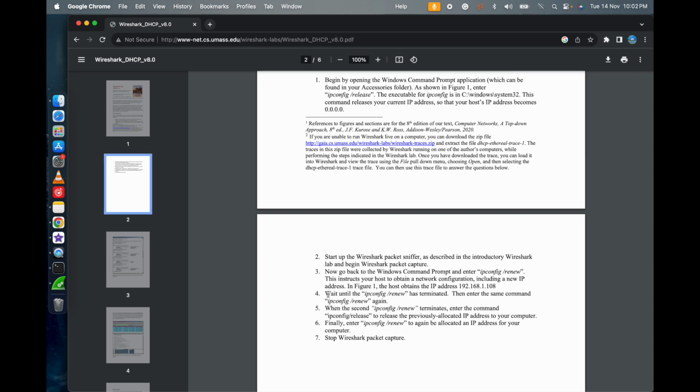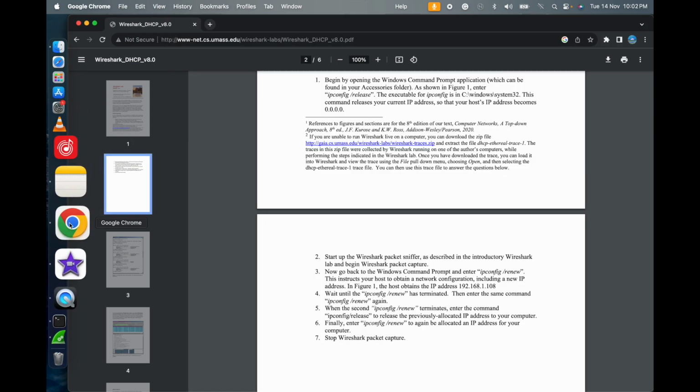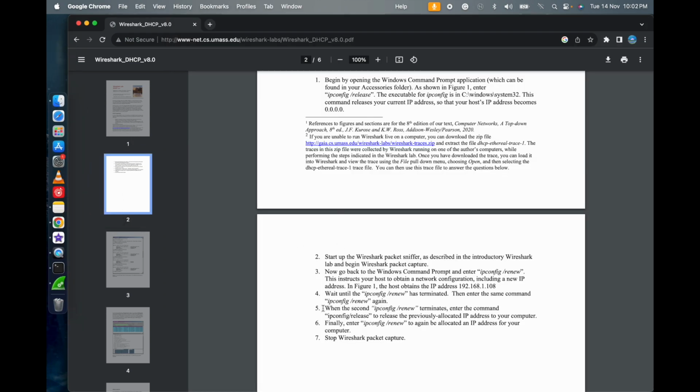Once that has been completed, again enter the same command. I have entered the same command. Now what you have to do is, when the second